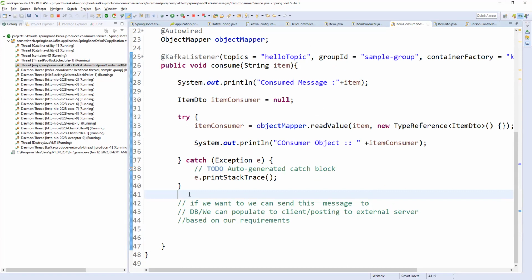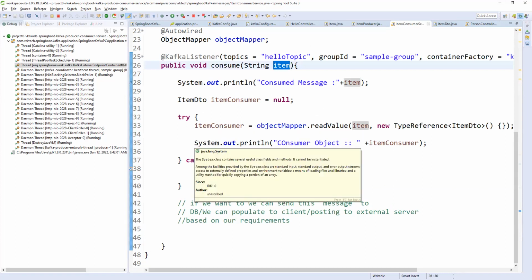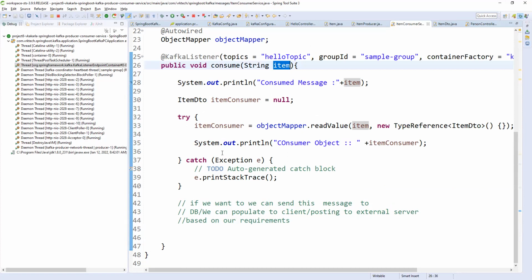Correct, very good question. If you have any exceptions while consuming a message, obviously we need to take care of those exceptions. You will get the message from this topic.